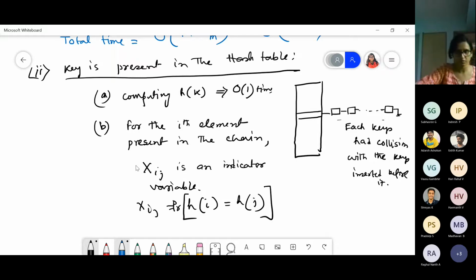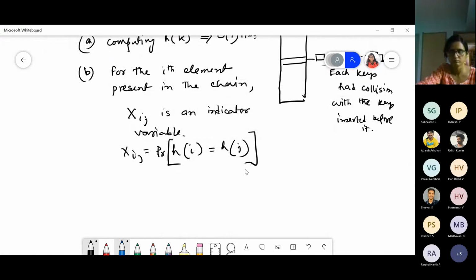So that is measured by this xij. Maybe I can take it not as a probability but as an event. Okay, I'll take this as an event.